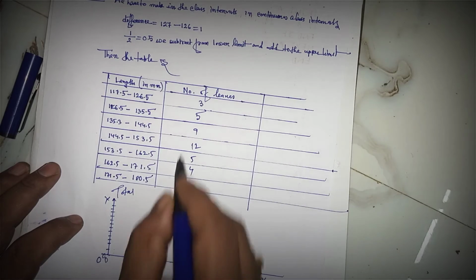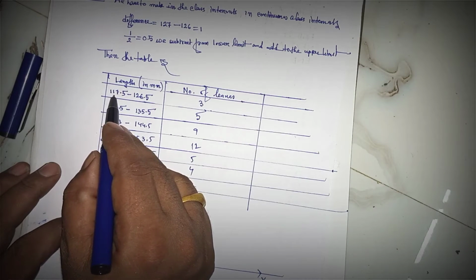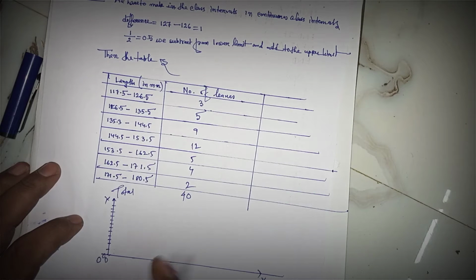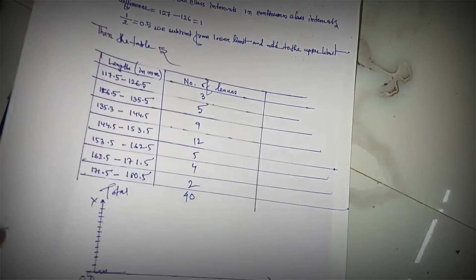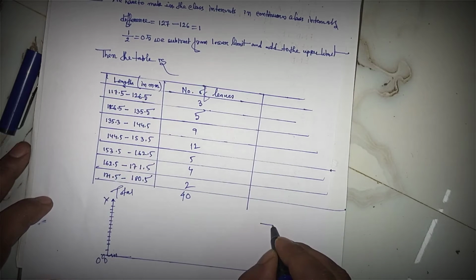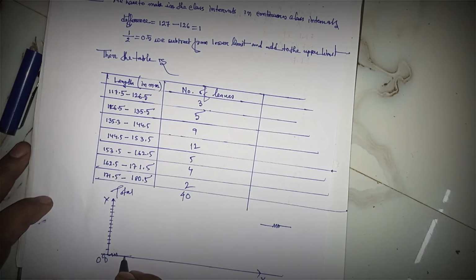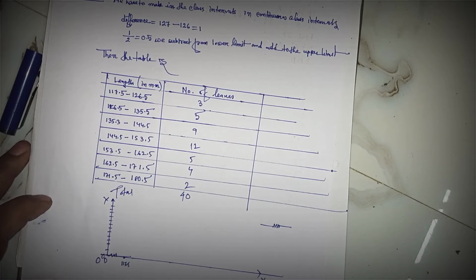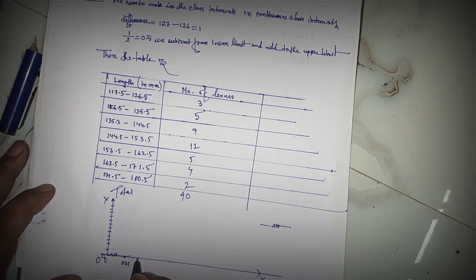So 0 to the first interval is 117. So 117, that means it is lengthy. If we give it in this way, then it defines there are some more values. So we can now take here 117, 117.5, and 117.5 to